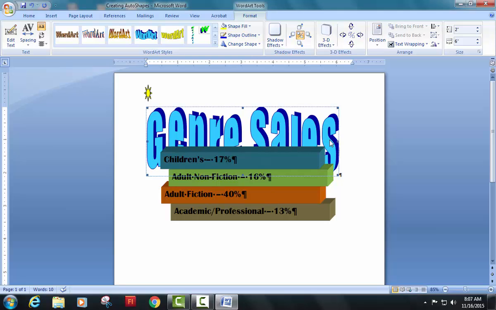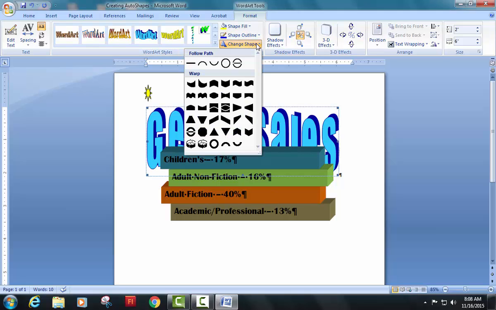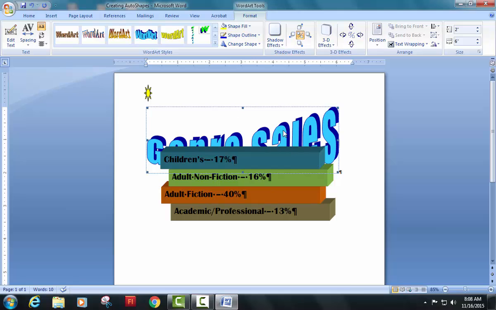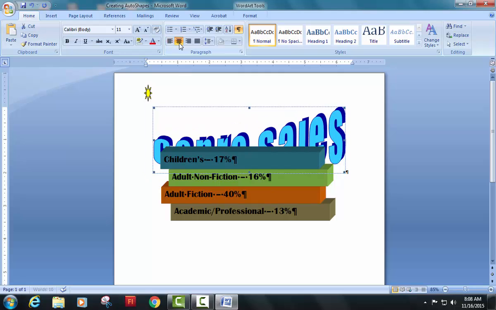At this point, I'm going to change the shape of my word art. I can do that by going to where it says change shape, and I'm just going to select this very first one where it says curve up. And the last thing I'll do real quick is I'm just going to center that on the screen. Okay, that's going to give me an opportunity to again grab